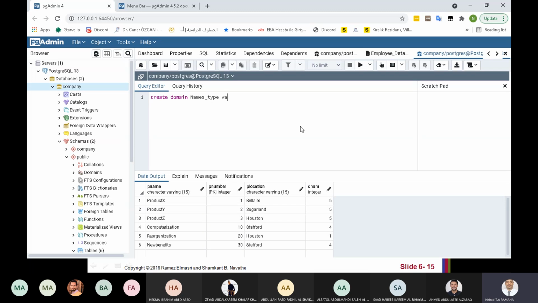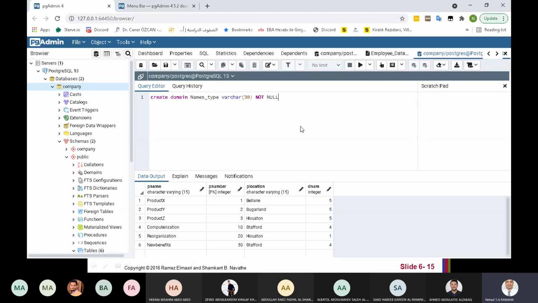Then varchar 30, I need all names to be of type varchar 30, for example, and not null. Okay, what else? I can put default, but of course this has no meaning for names.